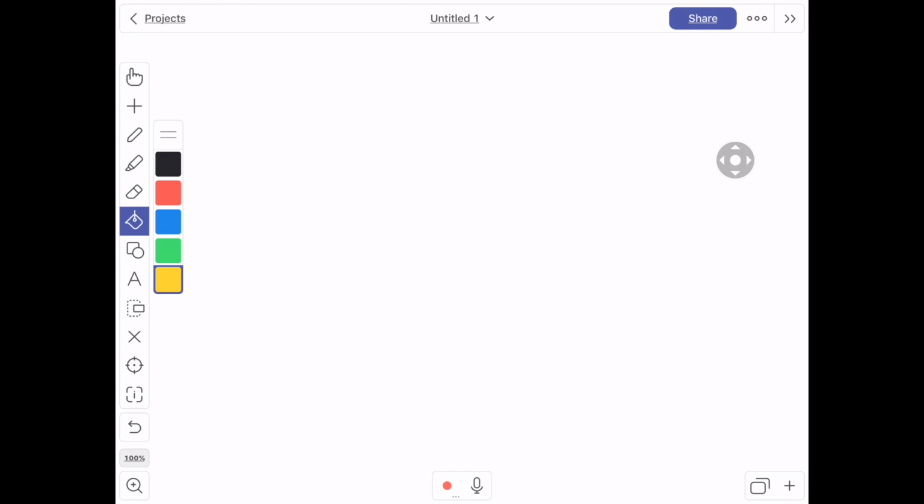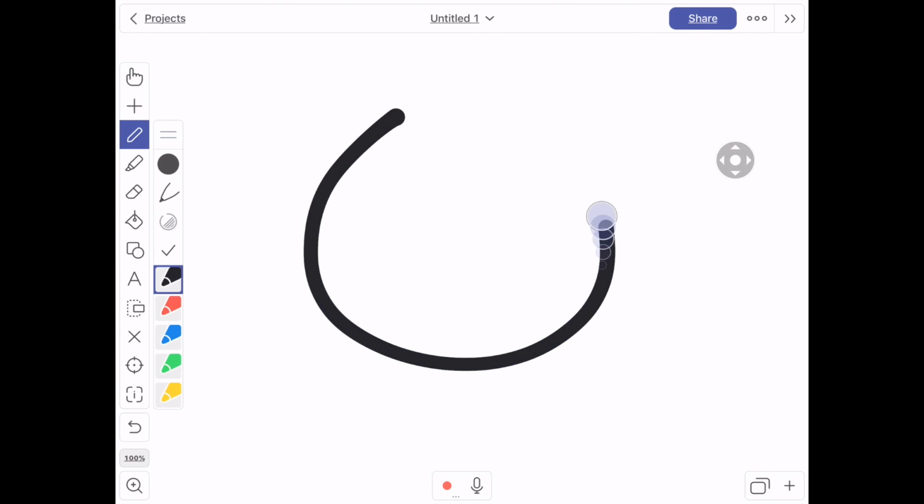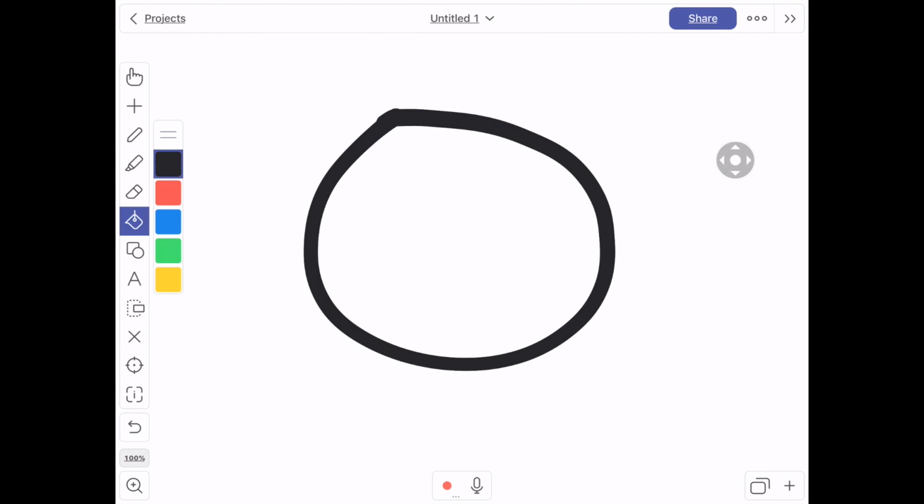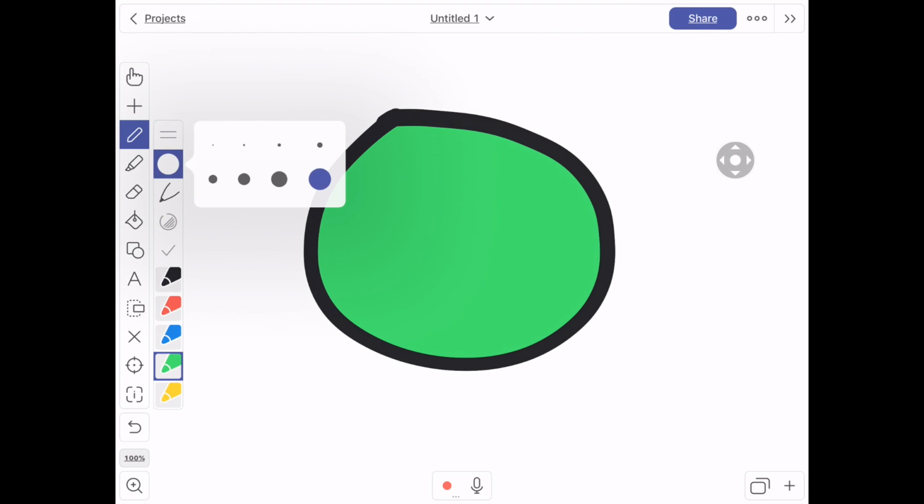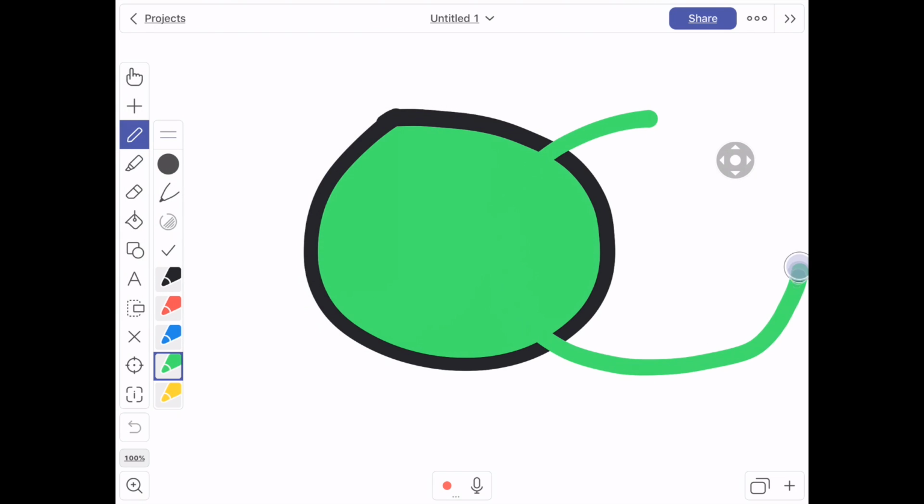If we had a shape, which we don't, you could fill it. So I'm going to create a little shape. I'm going to draw a circle, and if I wanted to fill the inside of that circle, I use the bucket. If I wanted it to be green, I tap on green, and then I tap inside the circle, and then it colors it in. So if you wanted to do maybe a Venn diagram,